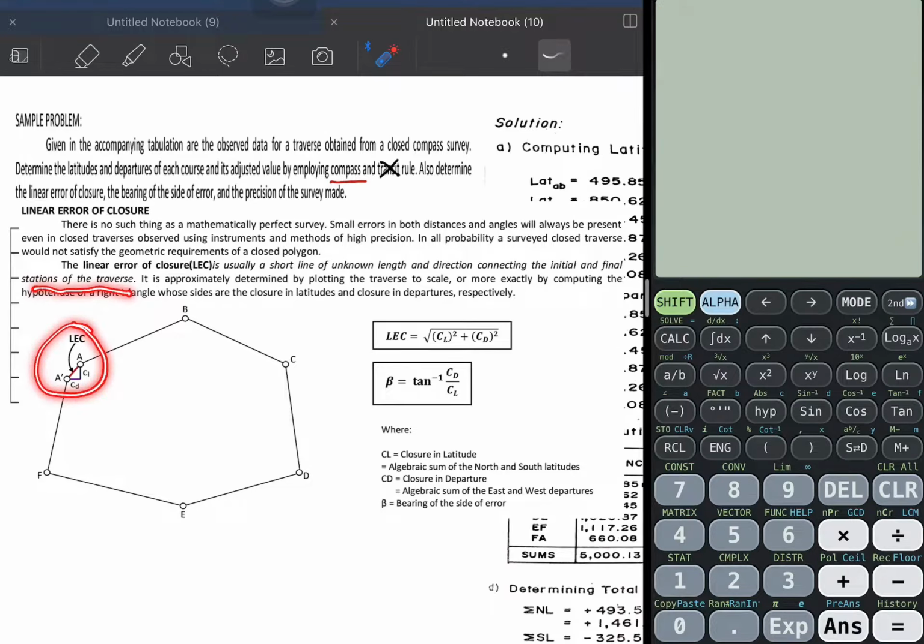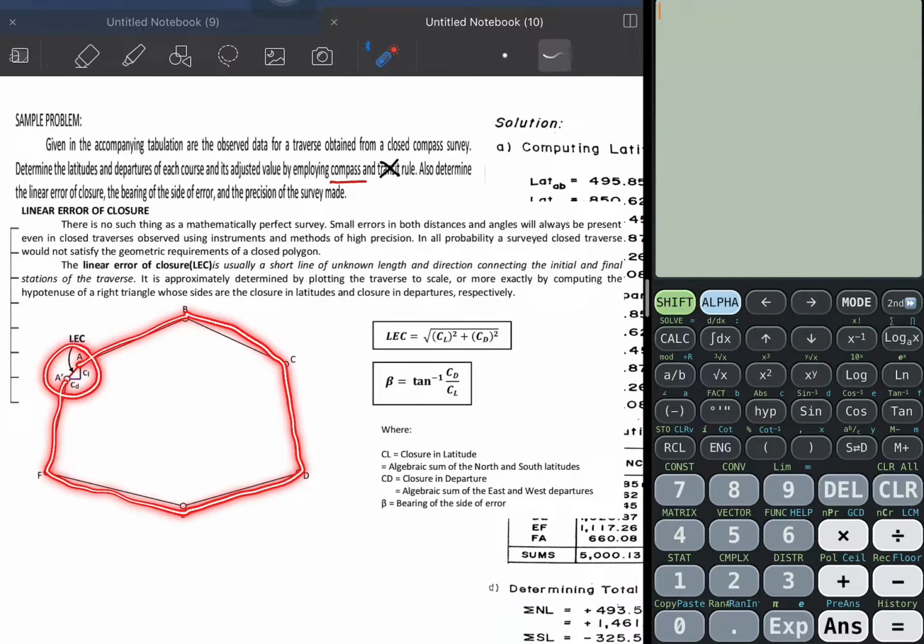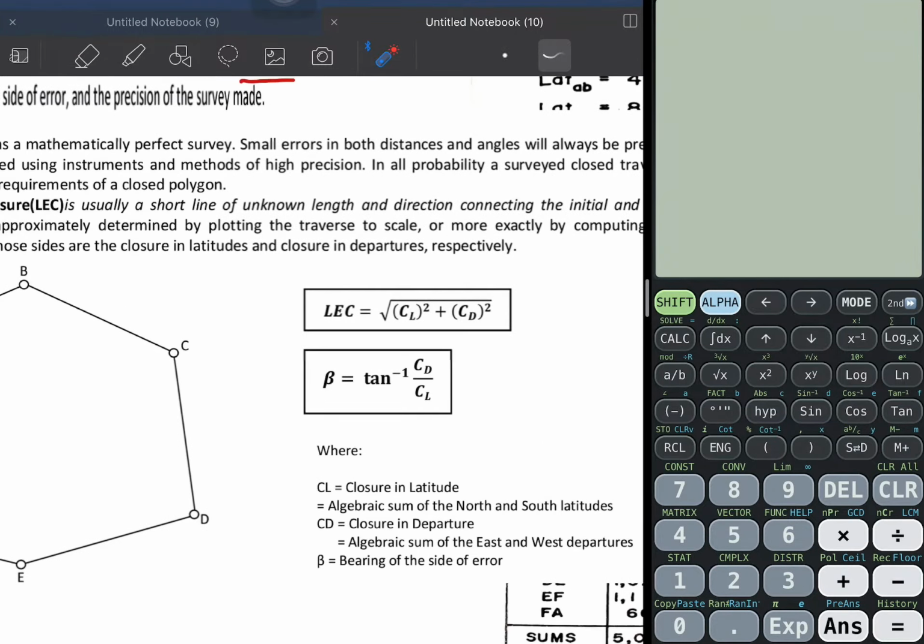This is your LEC. So when you plot the technical description of the lot, usually it doesn't have the common point. Usually you have this distance that is called the LEC. So to compute for the LEC,